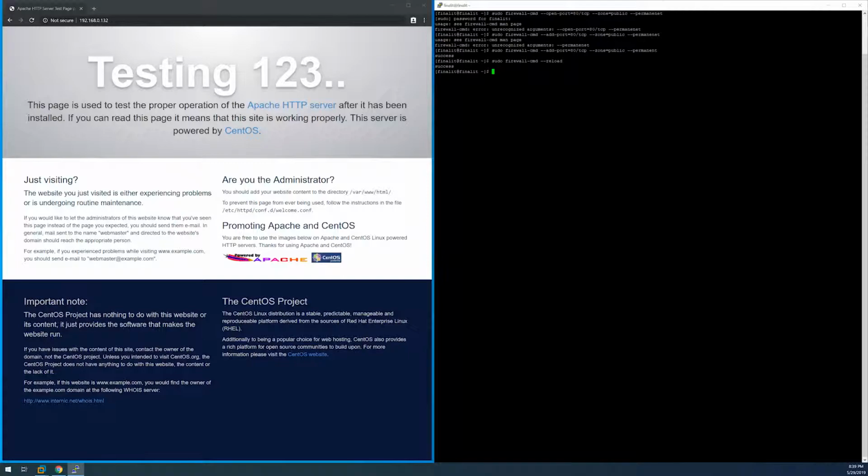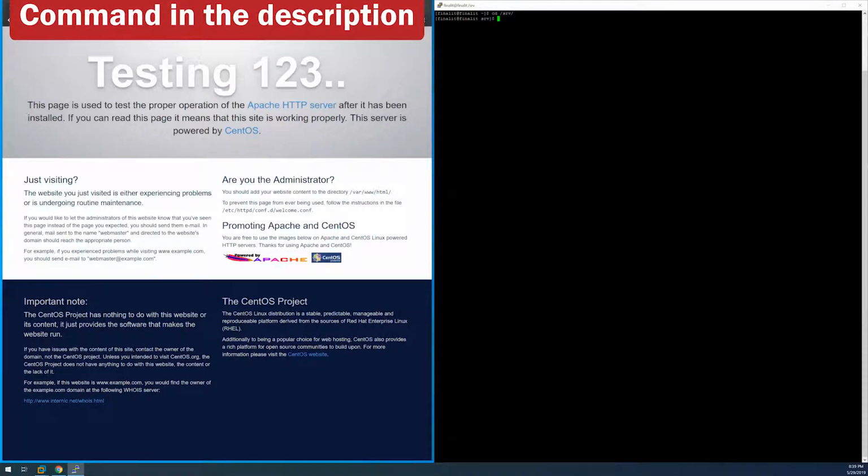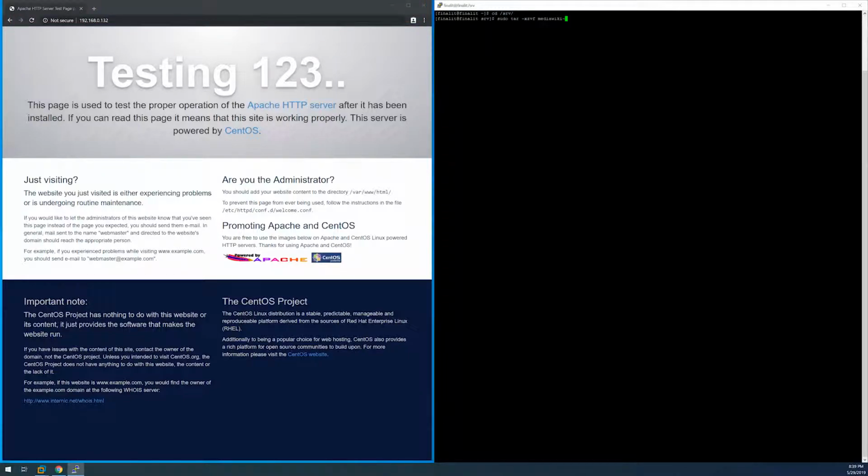to our terminal session, which we can use PuTTY to connect to our Linux machine. And here we're going to want to, first let's clear out anything from our old session, and we're going to want to navigate to that directory. Now these commands will all be available in the description. So first we're going to navigate to that SRV directory with cd /srv, and then we're going to use a tar command to